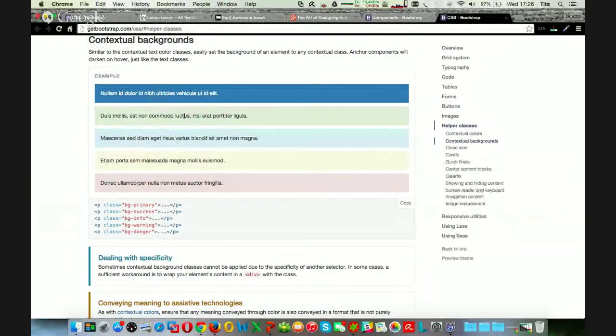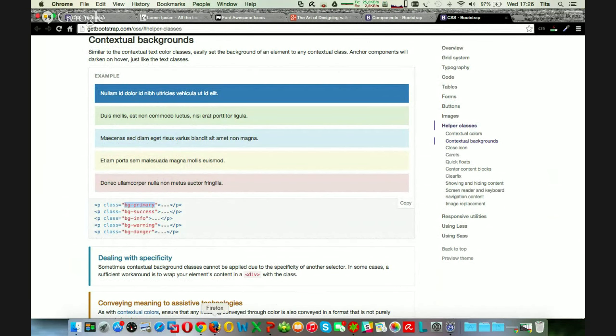So it doesn't have to be to one of these elements that we're seeing at this moment. You could apply this typically to any HTML element. In this case, we could copy, for example, the BG primary class, and apply it to elements to format those colors,